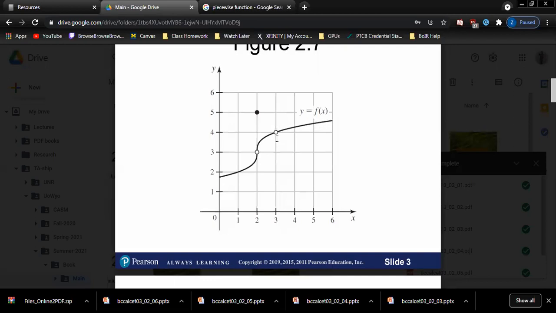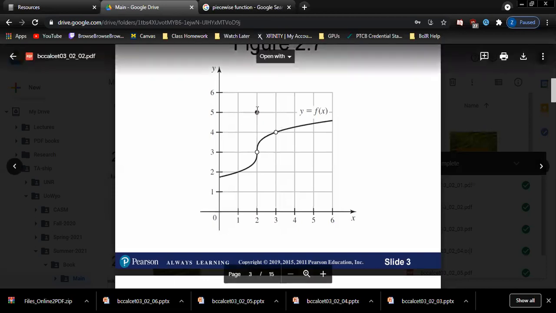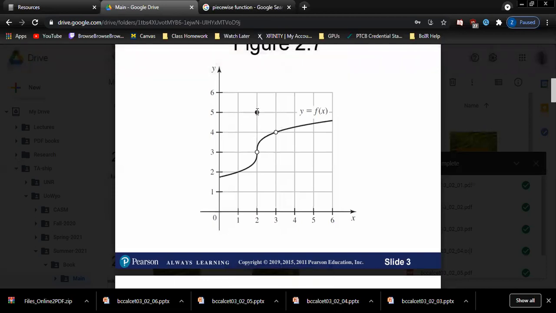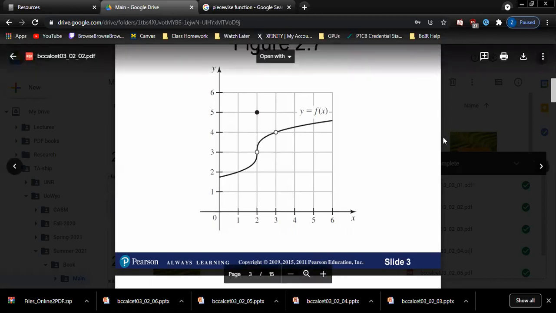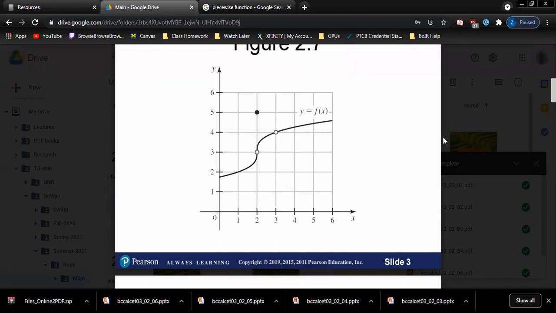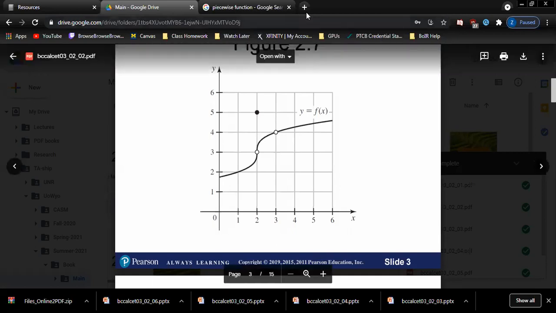Okay, at 2 again, if you approach 2, you have values like this on this curve. At 2 you don't have a value here, but you have a jump. If you jump to 5, you can see there is a defined value. Again, if you cross 2, you'll come back to here and you have a defined value up to 3. This is how a piecewise function looks like. Okay. All right, so